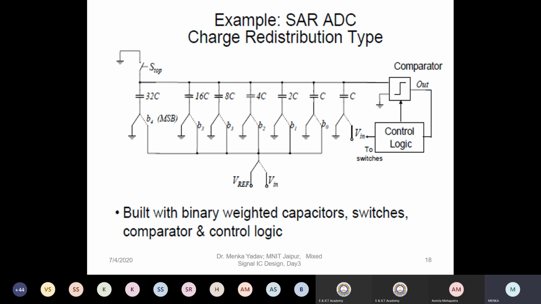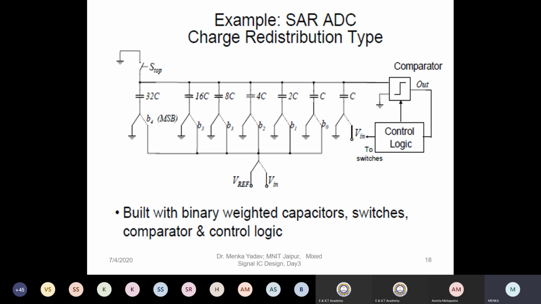So this is easy to implement on chip because if you just want to prepare capacitors, then most capacitors are also available. So it will be easy to integrate on the chip, correct? So this will be easier for us. That's why. And here you can see there is a control logic, there is a comparator, and then there are registers. Okay, so if this is a 5-bit ADC, B0 to B4 you have to go.